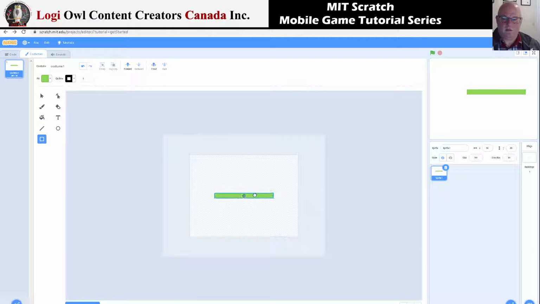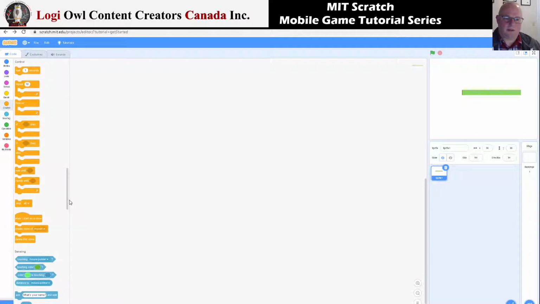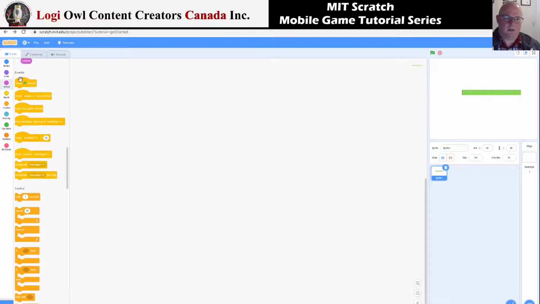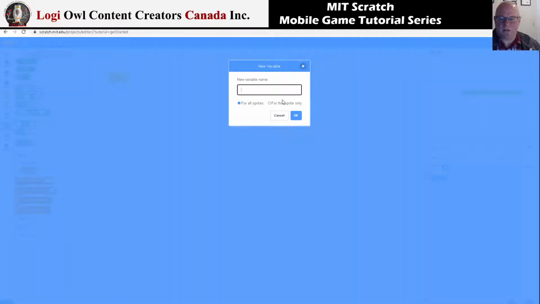Okay. So what we are looking at is, if we go to the code as an example, maybe go to the control, when the flag is clicked. Let's add a health variable. I'm just trying to create the scenario here, and that will be for all sprites. Normally health will be seen for everybody here, unless we have a health for every object in our game, so we can use it for this sprite only. So for this one, let's name it health,